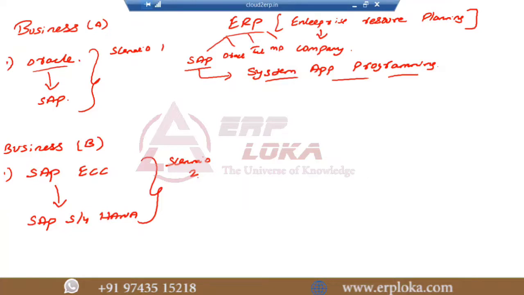Okay, why do we have these two scenarios now? For example, they don't know SAP, they want to implement SAP. Or they already know what SAP is, but ECC is outdated. They want to implement SAP S/4HANA. Okay, in that case, here